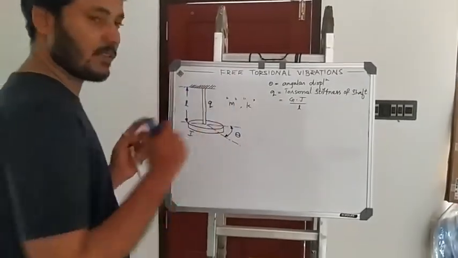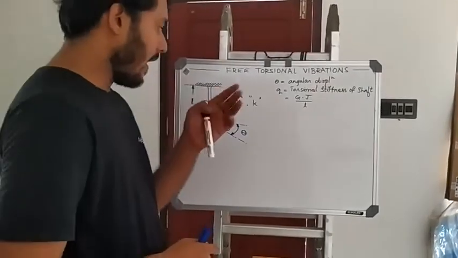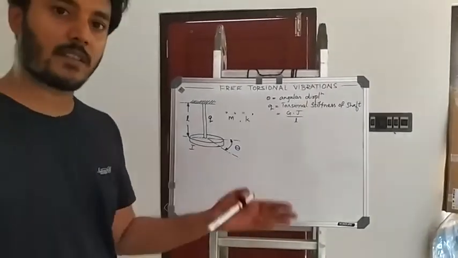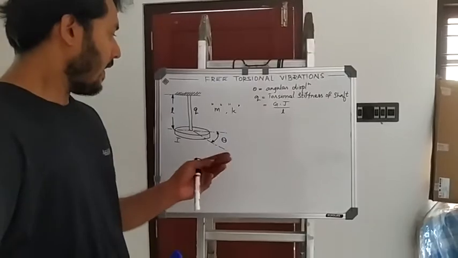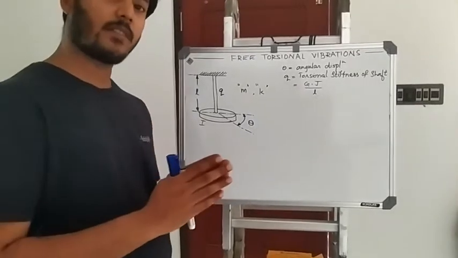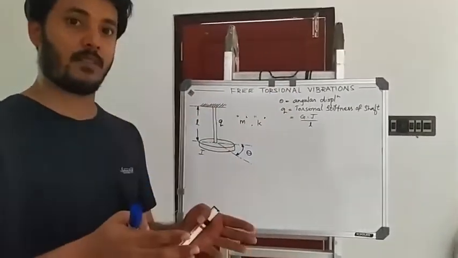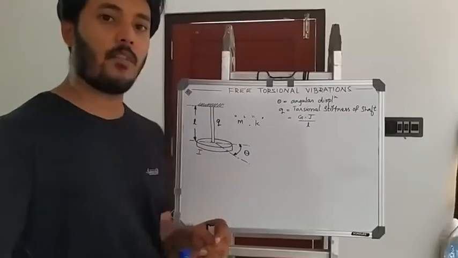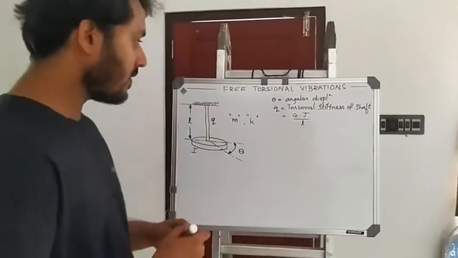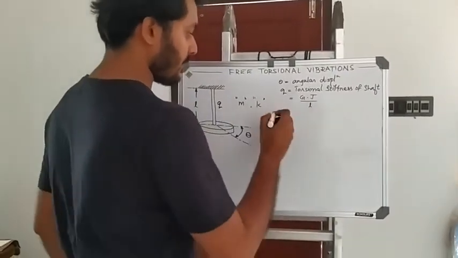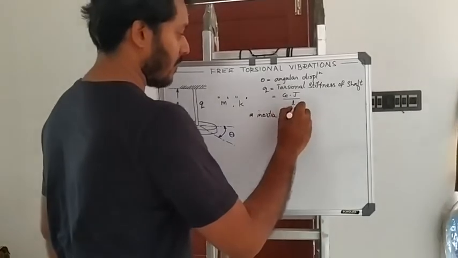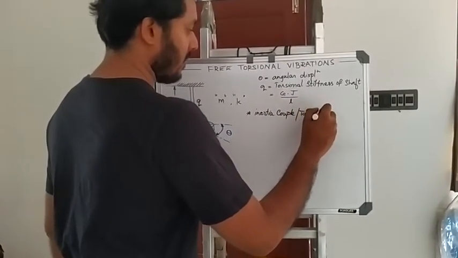Now, when we consider this system, as we have been writing down the governing equations in translatory motion, let us take the system to be in equilibrium. At equilibrium, the sum of all the forces, in the torsional case all the couples, acting in the system will be equal to 0. What are the couples or torsional forces acting in this system? First one is the inertia force, the inertia couple or torque.